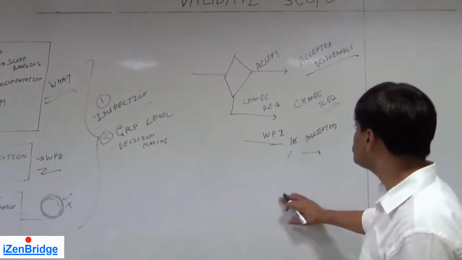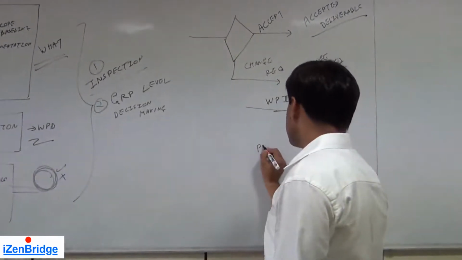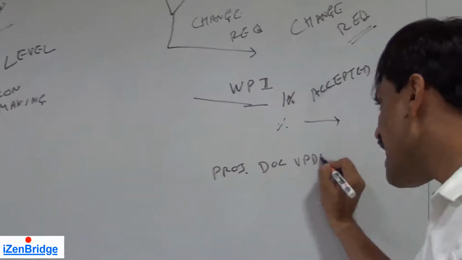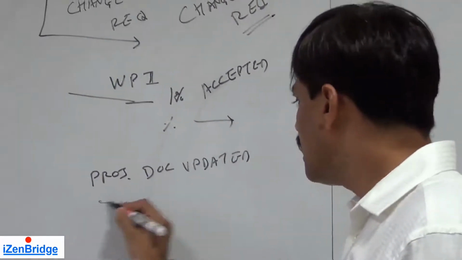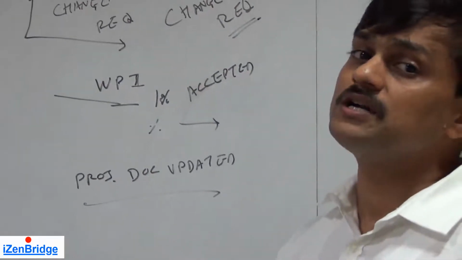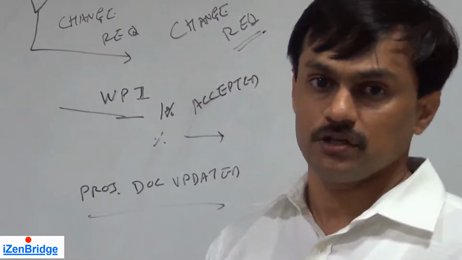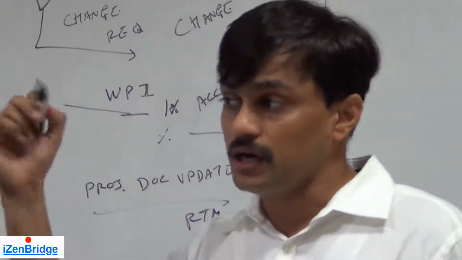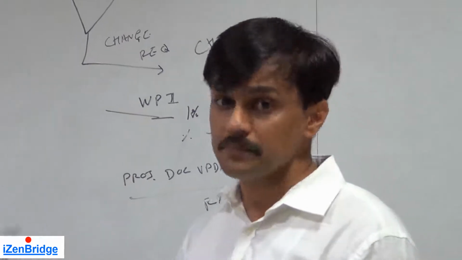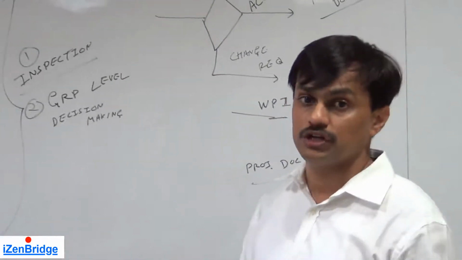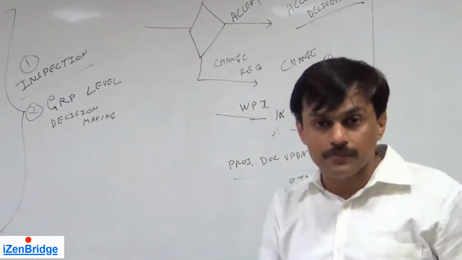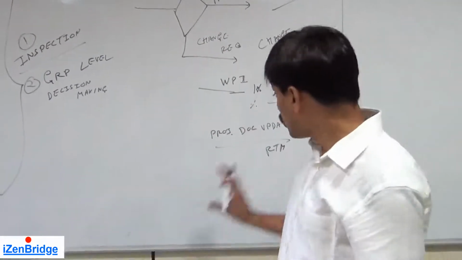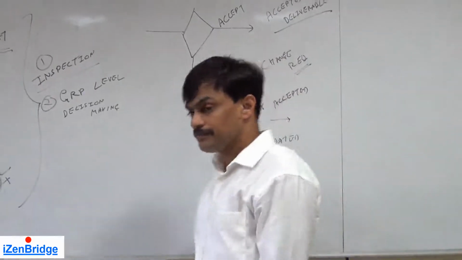The fourth output is project document updates. Now we may have a few documents get updated here, primarily the documents which are linked with requirements. The RTM may get updated here. We may have a status in the RTM that these many requirements have been met, have been accepted. We may have another document where we keep track of deliverables against who accepted it, when it was accepted. That kind of document may also get updated.